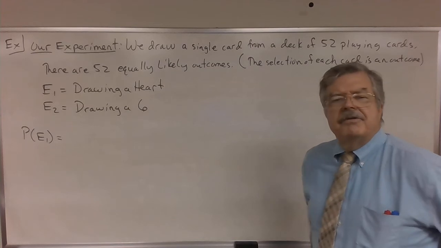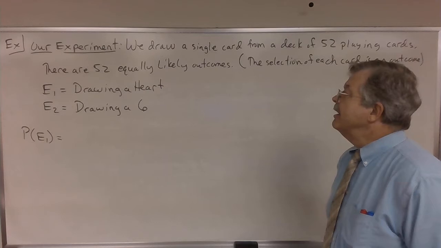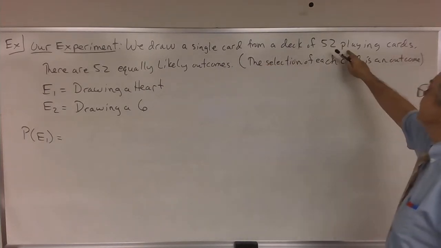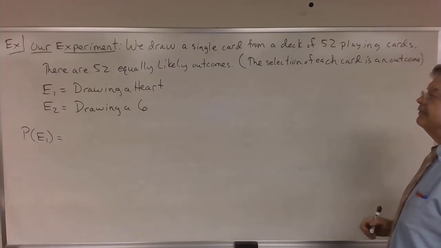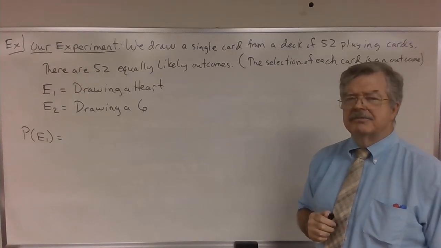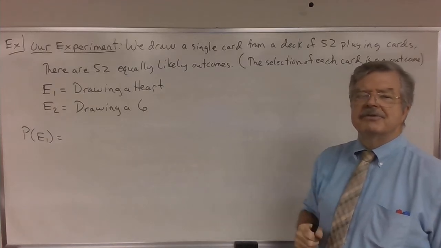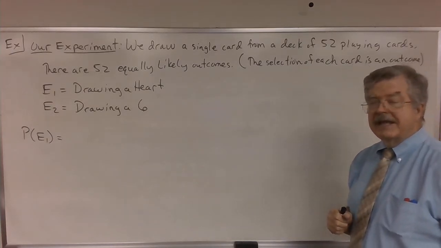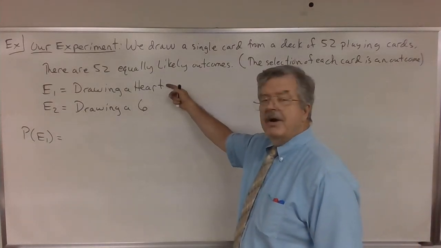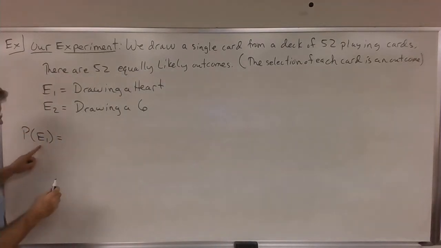Let's do another theoretical probability exercise. Our experiment consists of drawing a single card from a deck of 52 playing cards. So there are 52 equally likely outcomes. Each of these cards, when drawn, constitutes one of those 52 equally likely outcomes. Now let E1 be the event of drawing a heart. So the probability of E1 occurring is